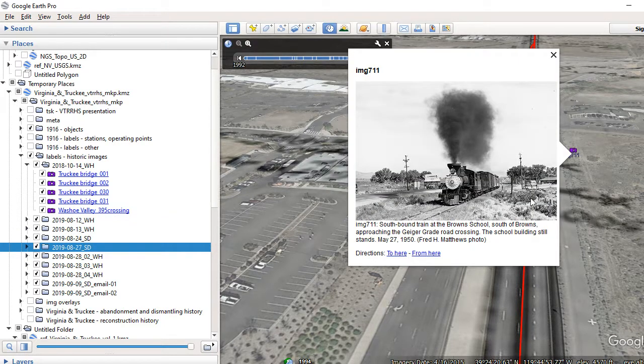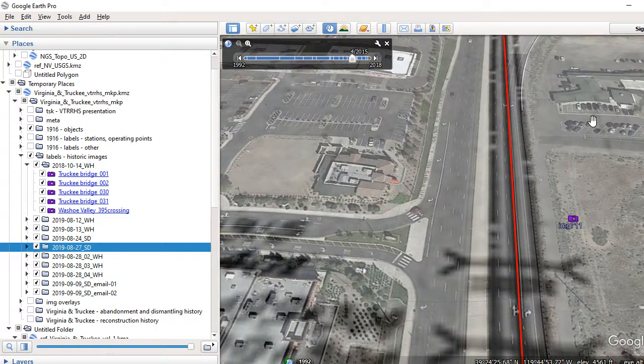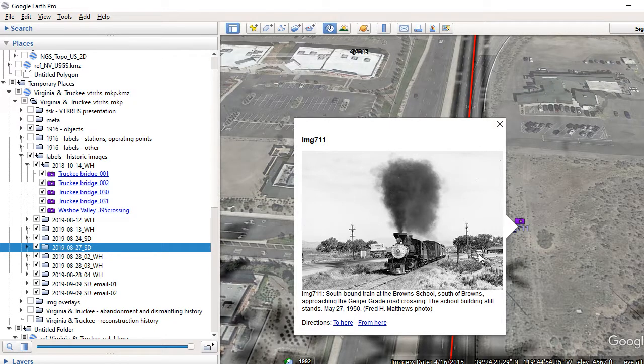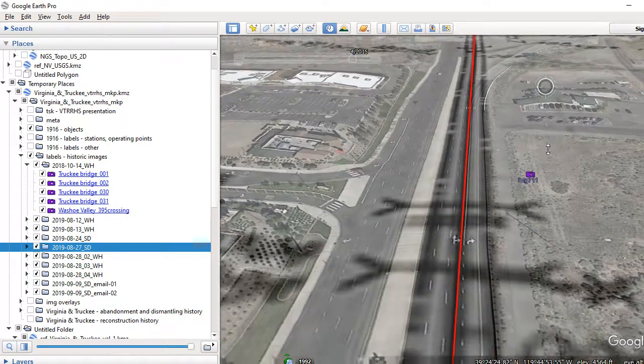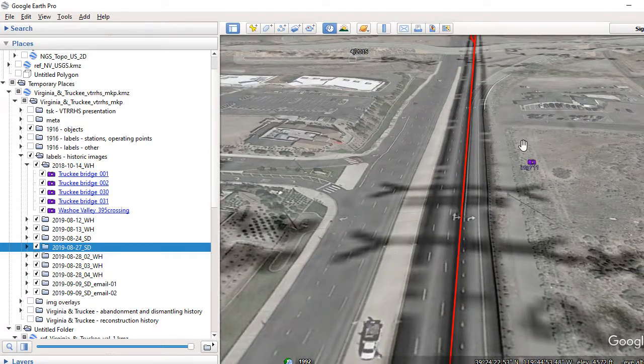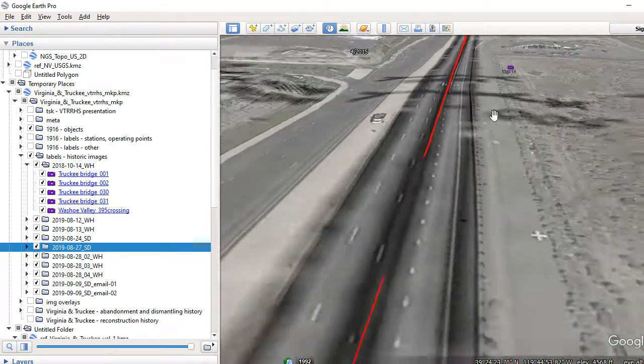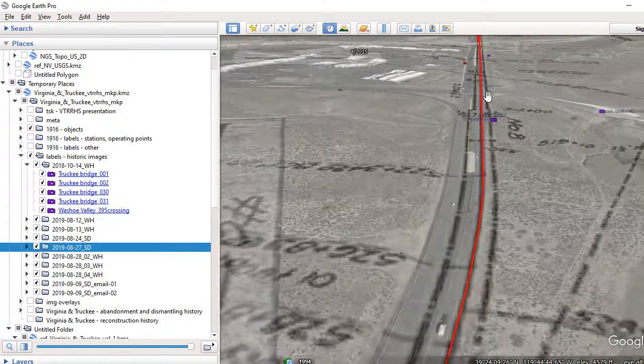So here's the image, and we have information. There's Brown School. That building in 1950, that building is still there. So here it is, and you can analyze this image to roughly understand about how far it was from the edge of that building to the rails. And it's important to understand when you're looking at this image that the rails through here are tangent. So that's a crucial piece of information. The building standing is a critical piece of information, and that tells us that it was maybe 85 feet over from the edge of the building. And that is information I was able to use to help place the map,